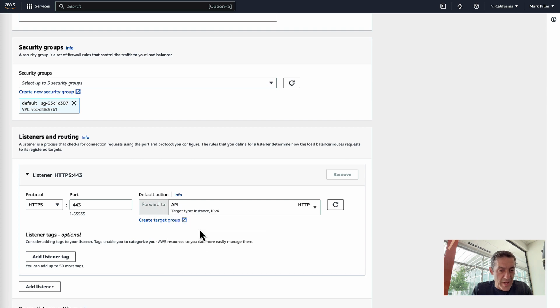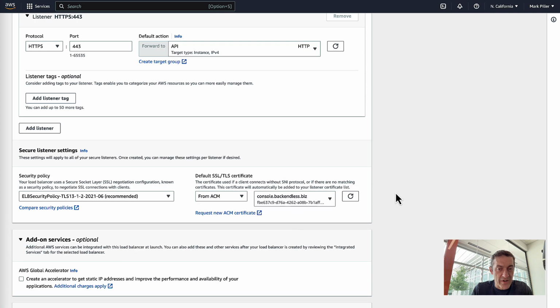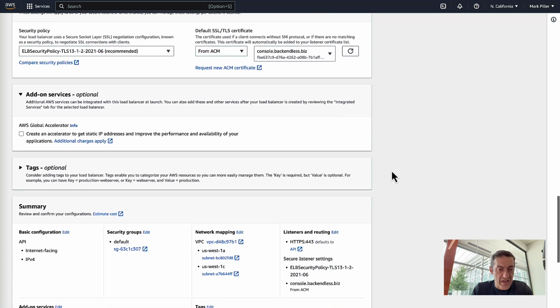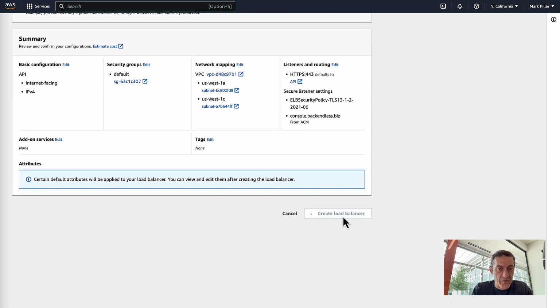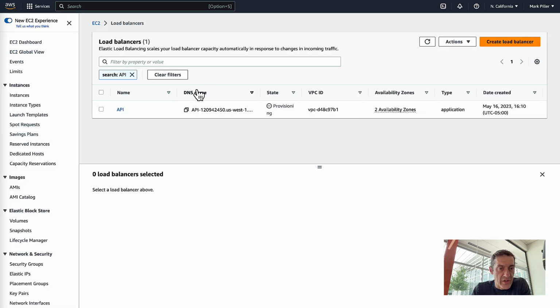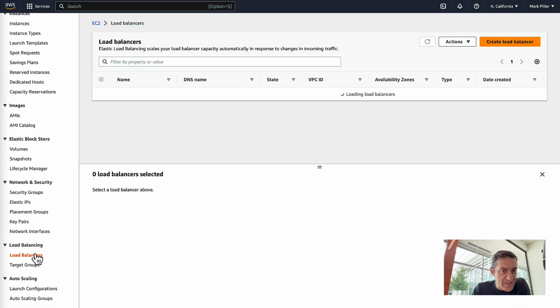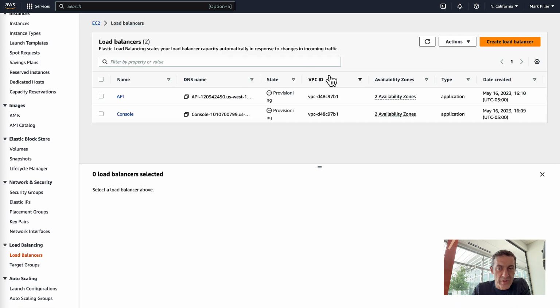Target group will be API, and also configure the certificate. And then click Create Load Balancer. So now that we have two load balancers, let me take a look at both of them. So there are two load balancers, and then the final step will be to assign a mapping, again, in DNS